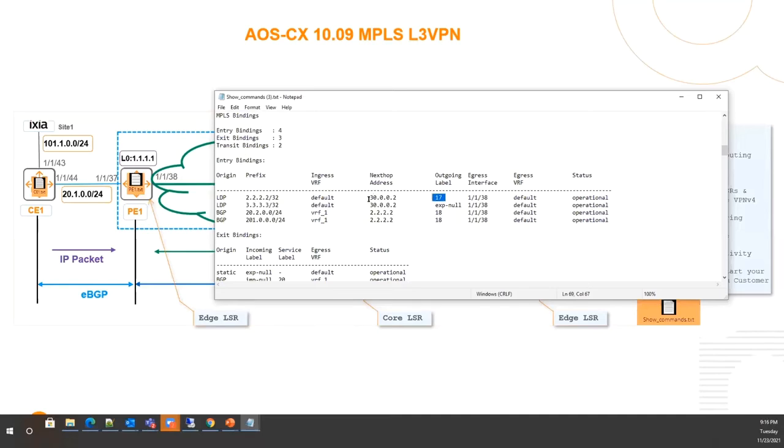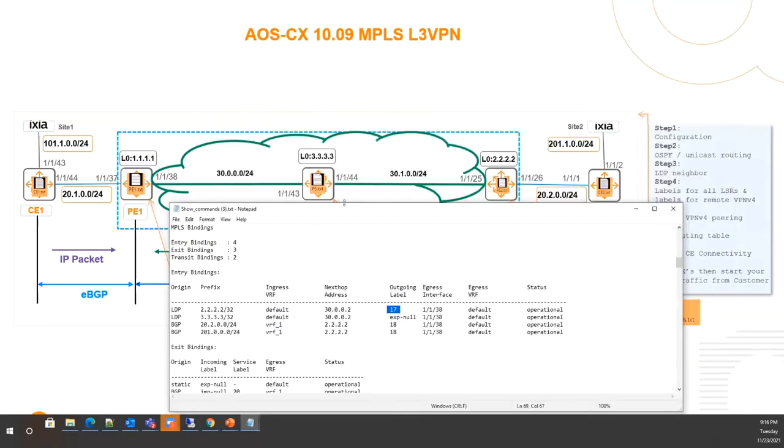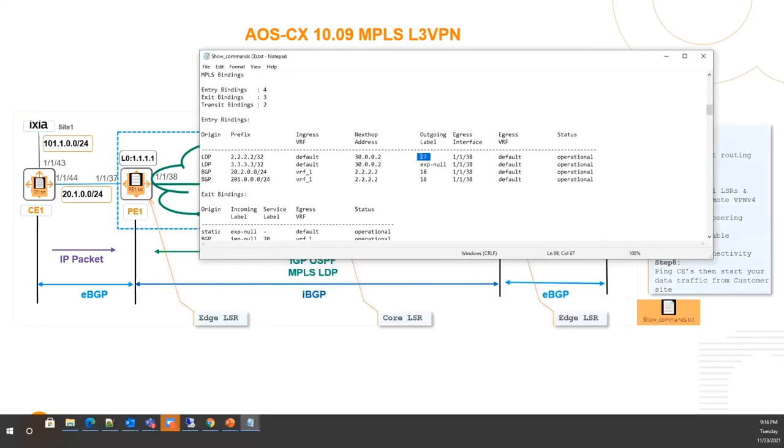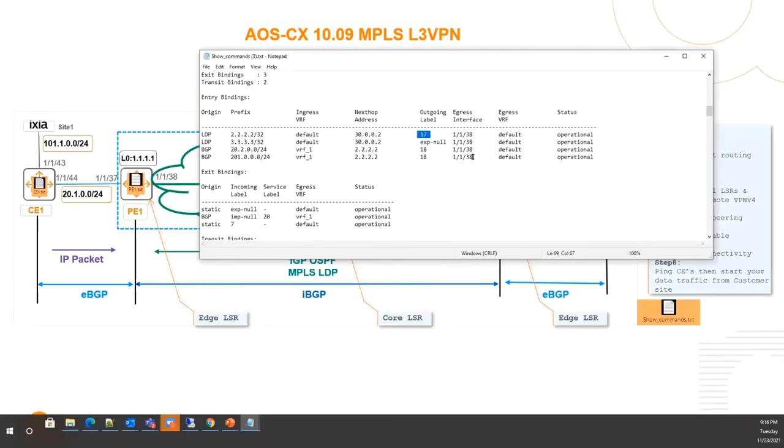So P1 is currently connected, if you look at the diagram, to this P3. This P3 has given this label 17, and the interface is 1/1/38. There is some more information which we have to look at in this.